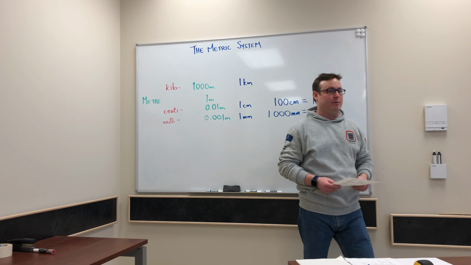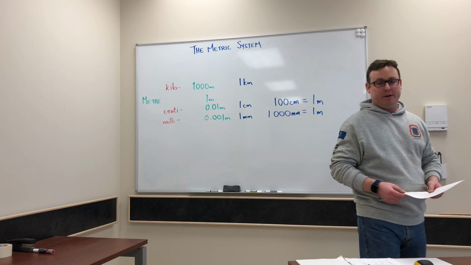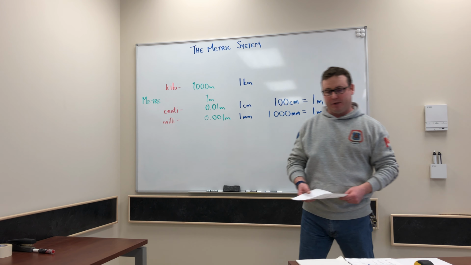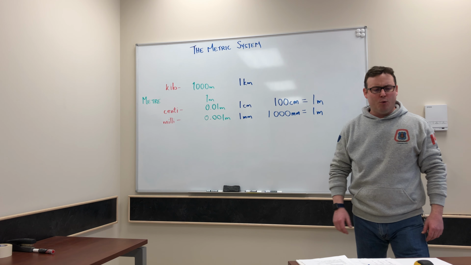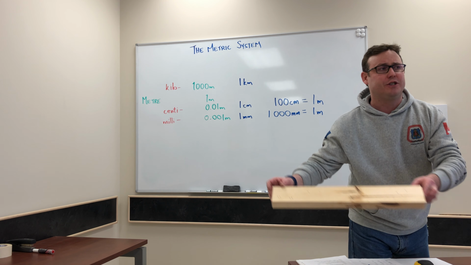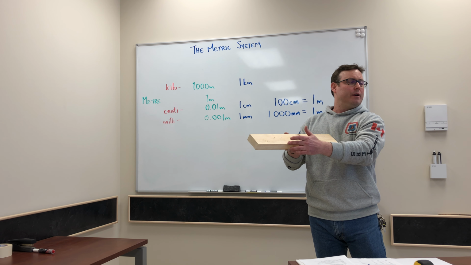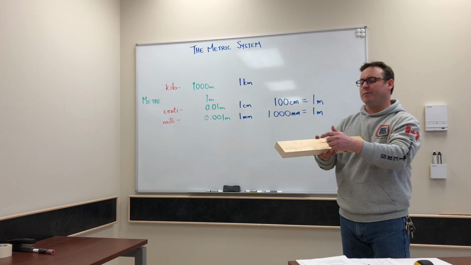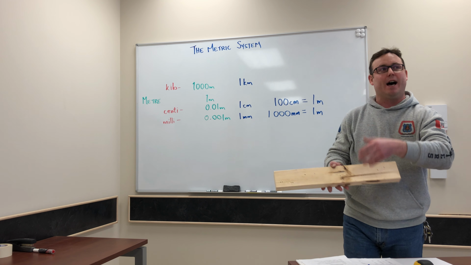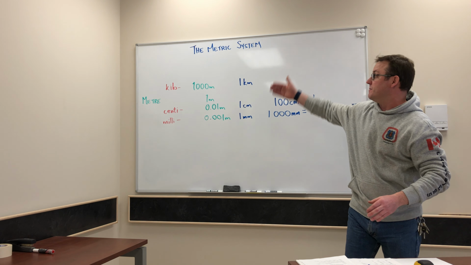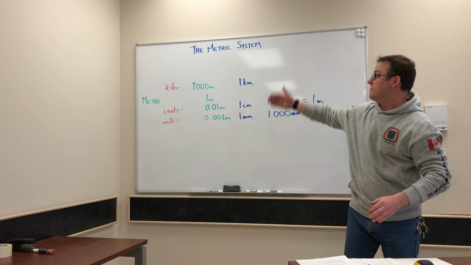Okay, what about if we're measuring the tabletop? This tabletop, roughly this long, what would we use? Meter, maybe? What if it's under a meter? Right, good job, Kevin. Can use centimeters. What if I was to measure the precise dimensions of this 2x4, say just the width? Excellent. Karen, good job. Millimeters. So you see how we can use this system up and down to measure anything we need.